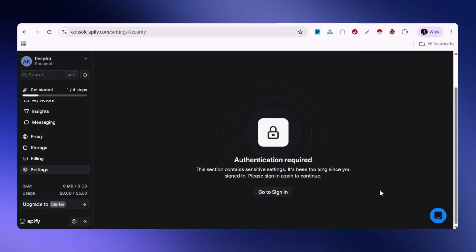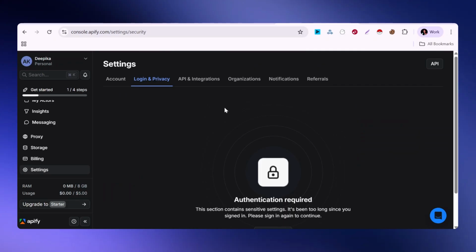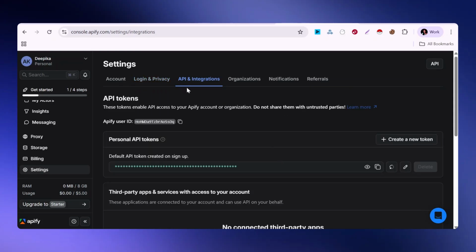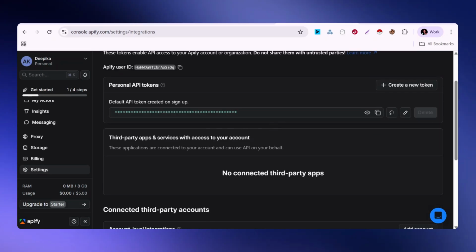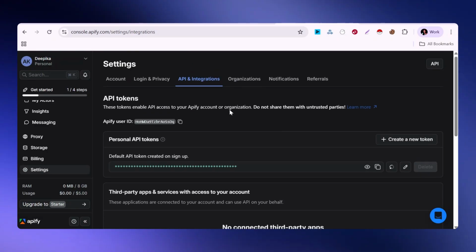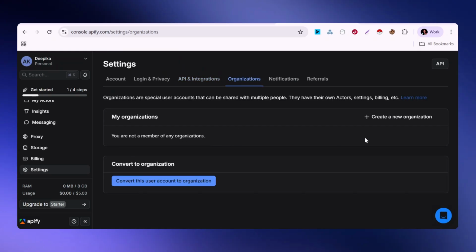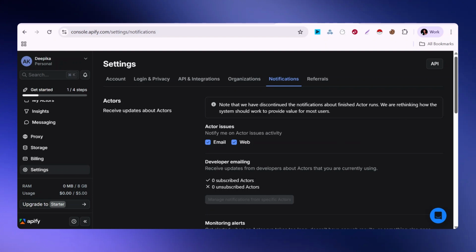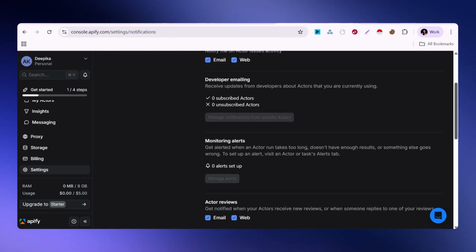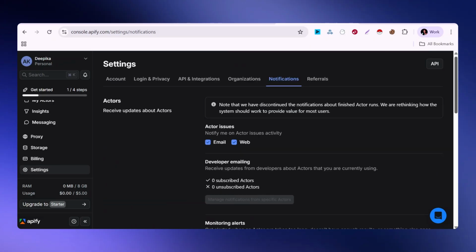In login and privacy, we have to log in by purchasing any plan here, and we can see all the login details once we have purchased the Apify account. And in API and integration, you can see your Apify API key. Using this, you can integrate this Apify account into any other tool like Make, Zapier, Clay, Slack, etc. And in organization, you can create a new organization here, like Elevation Next. It's my company name. You can select which company you want to add. And in notifications, these are the actor information and notifications. By default it looks like this. If you need any changes, you can make them based on your needs.